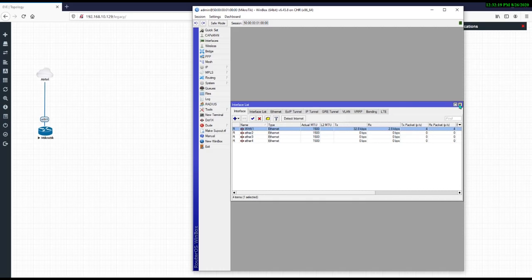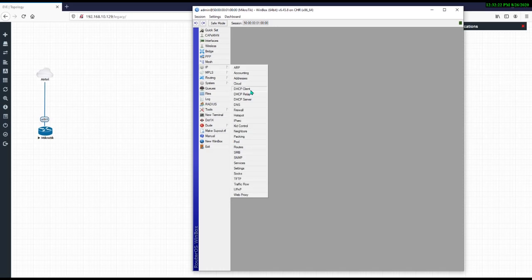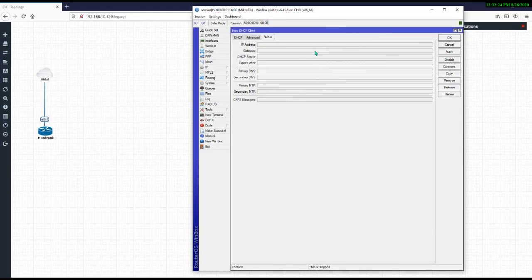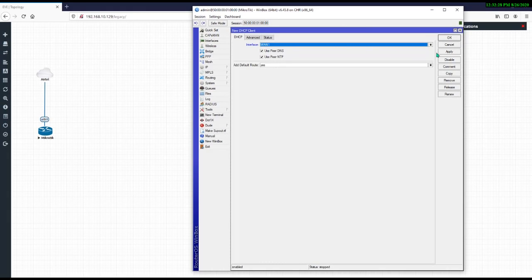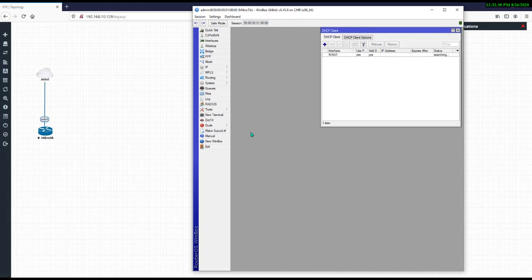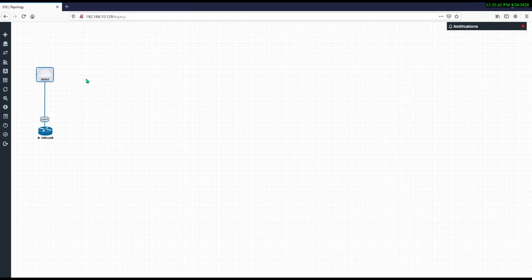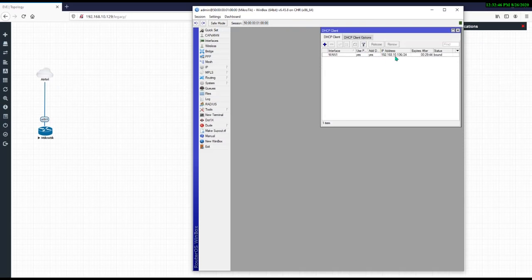is WAN 1. Now go to DHCP client, add an interface, and select the WAN 1 interface, apply and OK. Okay, so here you can see it got the IP address from the Airtel modem, and the IP address is 192.168.10.136.